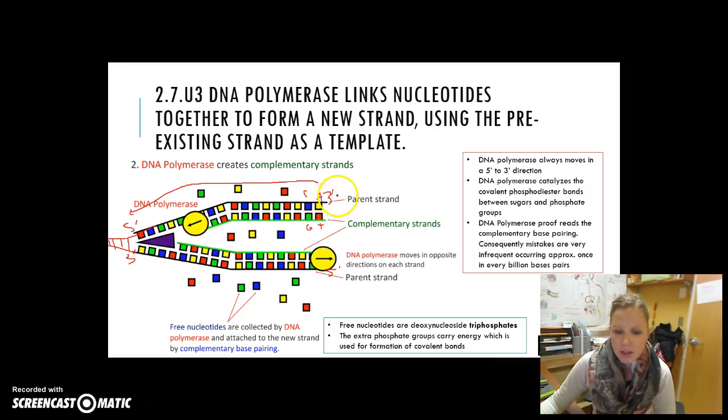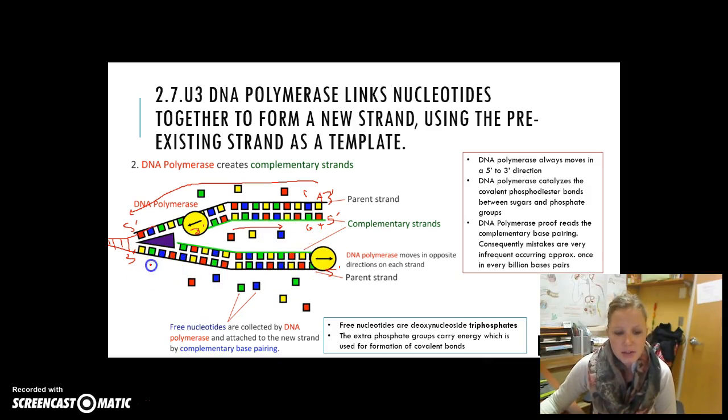Now if this is the 3 prime of the old, then that means that this needs to be 5 prime and would end in 3 prime, right? Because they're always opposite of one another. This will run this way, this one will run this way, right? Now on the other side,